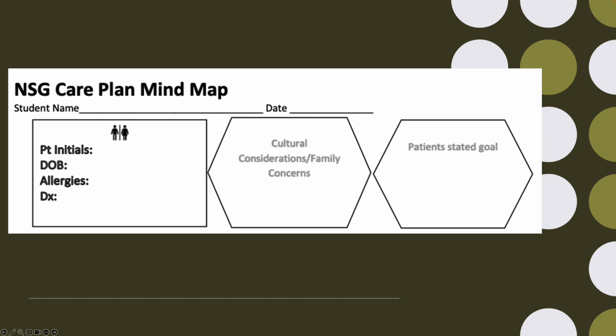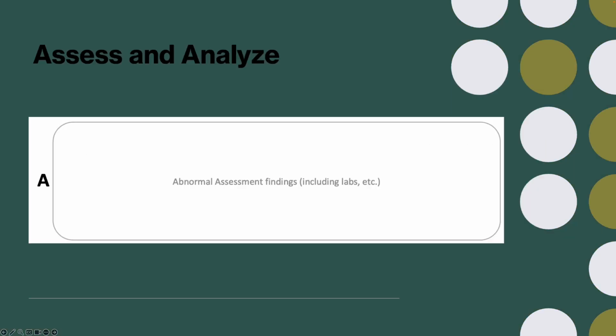And then this is also about talking with your patient and figuring out what their goals are. At Enloe, you'll often see at the top head of the bed, they have this paper that states what's important to the patient and what their goal is. So that's one of the things that you can look at there. But it's also just talking with them and finding out what their overall goal is to get them better and get them home. This is where you'll document the abnormal assessment findings.